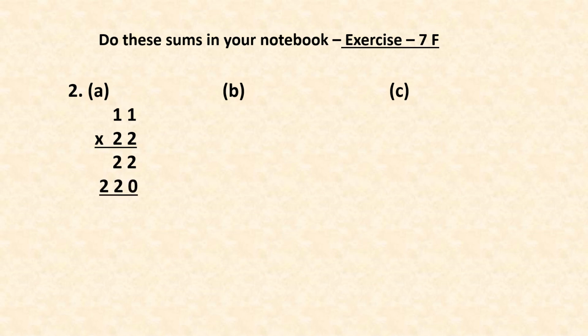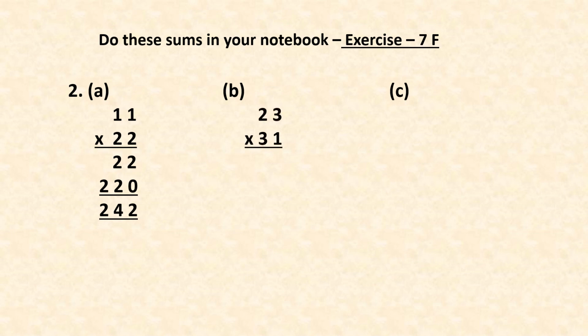So 11 twos is again 22. Multiplying will give you in this way. You can write a cross or 0 there. Anything you can write at ones place. Now add these two products of ones and tens. You will get the answer 242. Then B part children, 23 multiplied by 31.